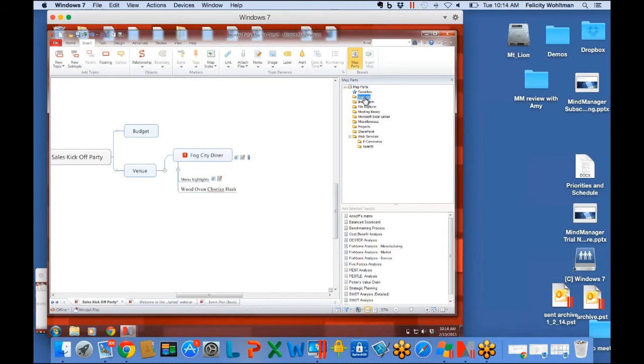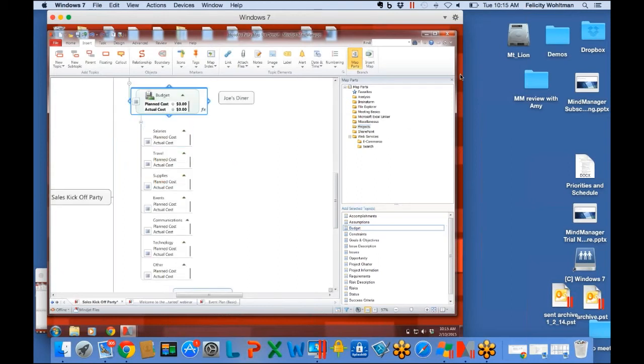So within map parts, there are analysis parts like a cost-benefit set of topics and subtopics, fishbone analysis, so on. There's brainstorming tools in here. There's meeting tools. In this case, I'm going to go in Projects and pick Budget and just drag and drop